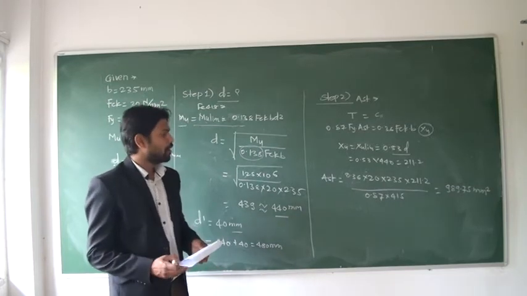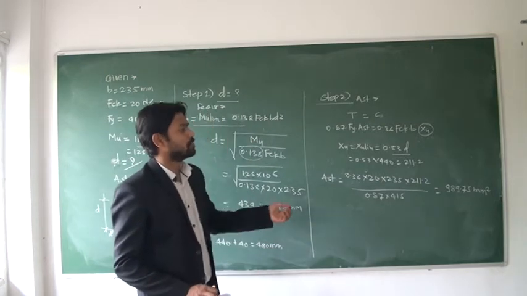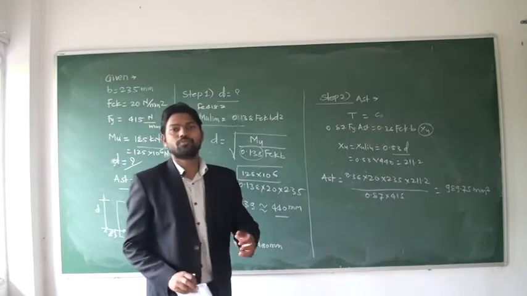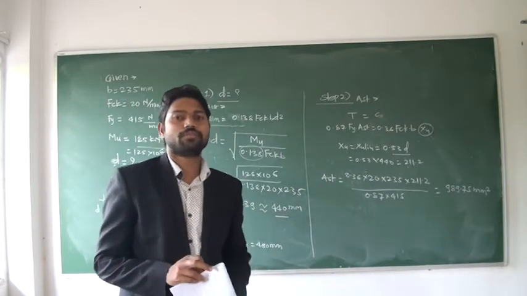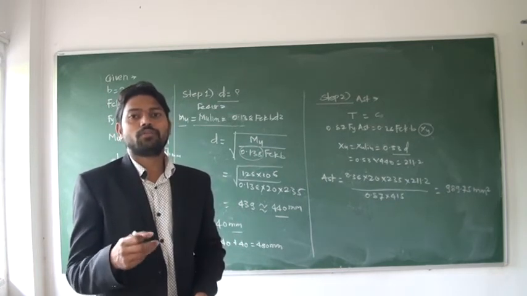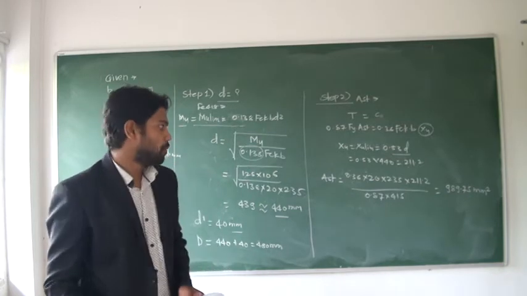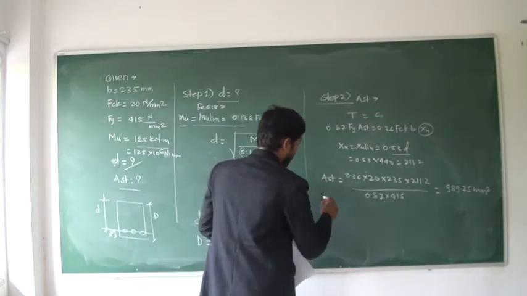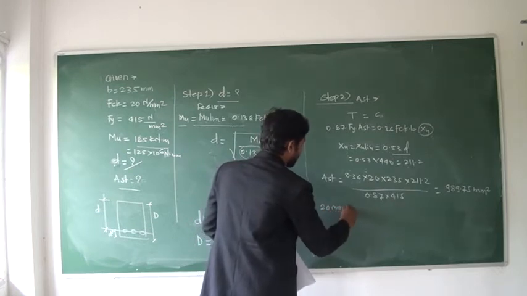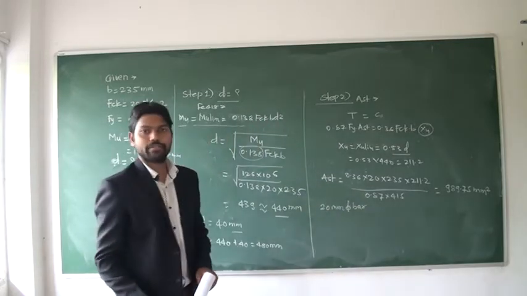Now we have calculated the AST as well as the D value. Now the design is over, but you have to add some details over here. That is, reinforcement is given as 989.75 mm square. But you cannot provide such an amount of reinforcement to the site engineer. For the site engineer, you have to specify how many bars of which diameter you are providing for the particular beam. So you have to take the diameter of the bar and calculate the number of bars. Suppose you take a 20 mm diameter bar, what is the number of bars required to satisfy this AST?